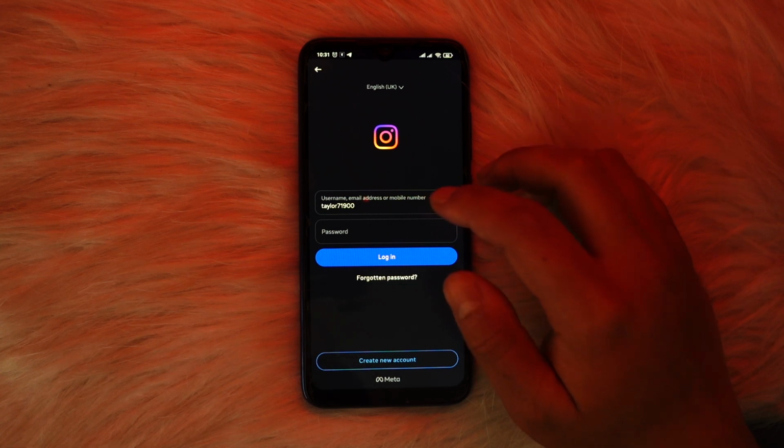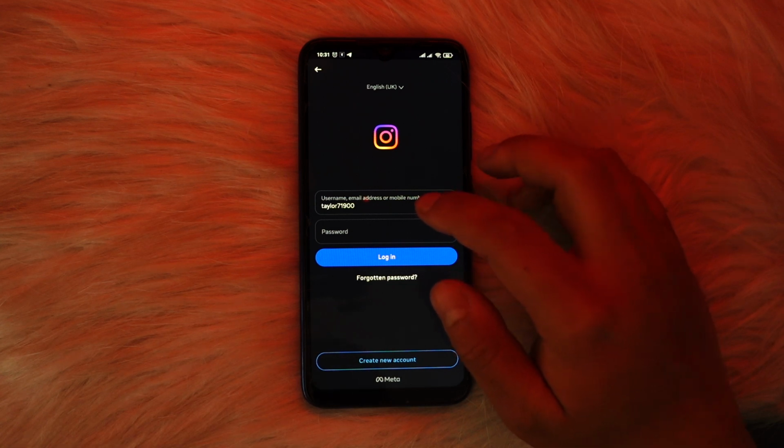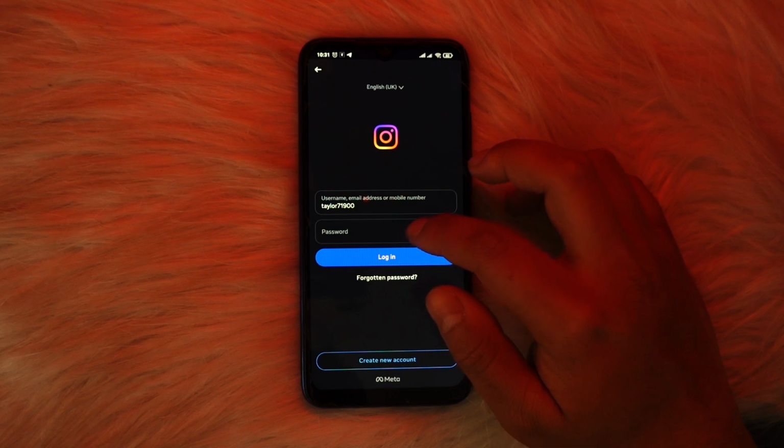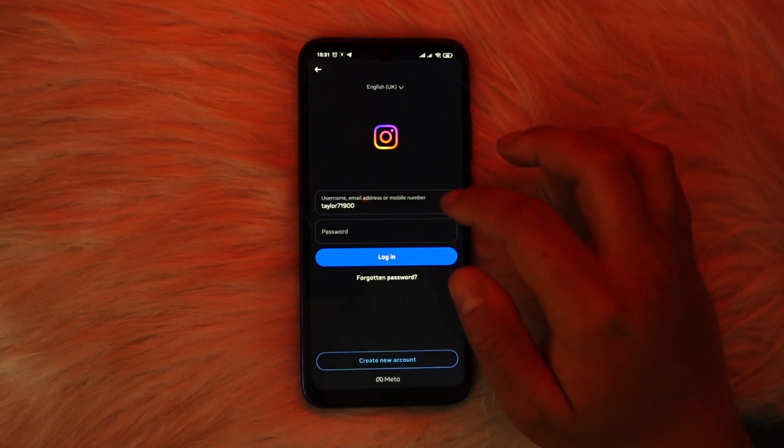So first things first, make sure that the credentials that you're entering are correct, the email address and the password. Make sure that you are entering in the correct information and try to log in again. If you know that the information is correct, the second thing that you can try out is to clear